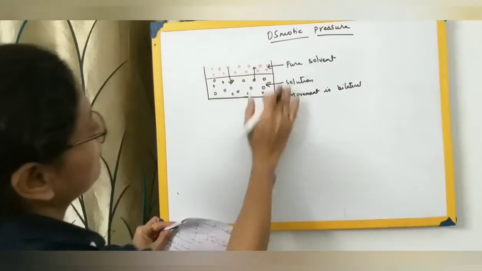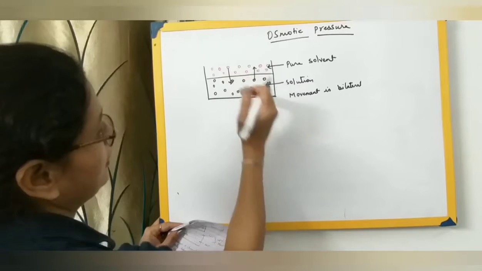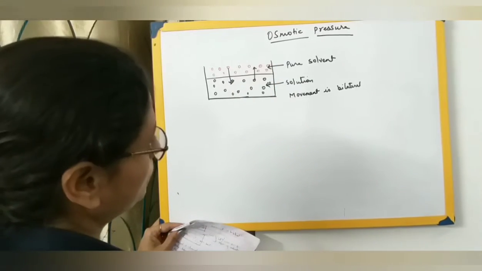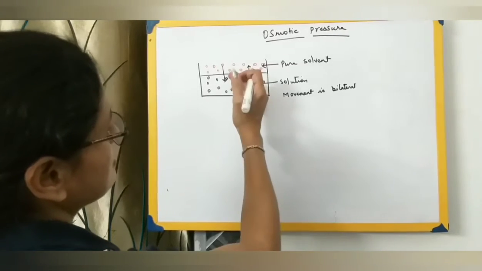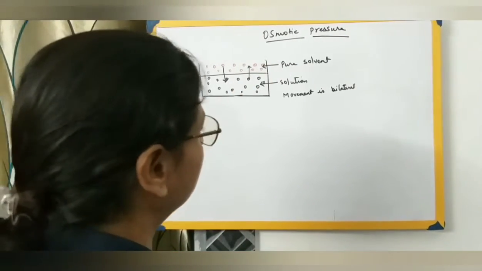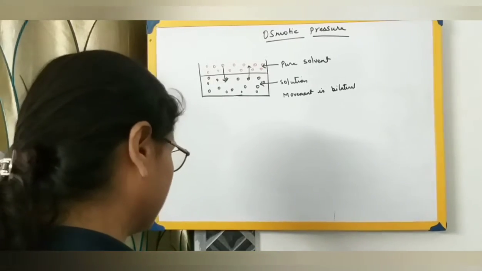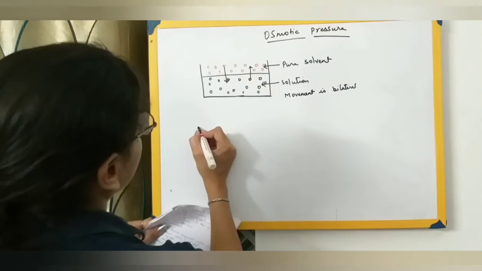There is nothing separating the solution; you have just filled a more concentrated solution, and there is a solvent over here. We find there will be movement of the particles from this side to that side and from the upper side to the lower side until an equilibrium is attained in this container. Let us consider one more arrangement.